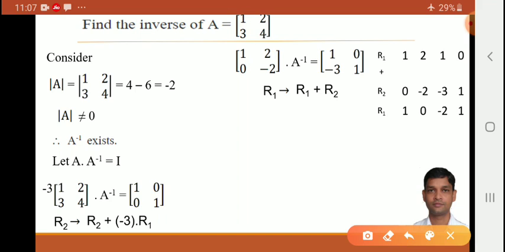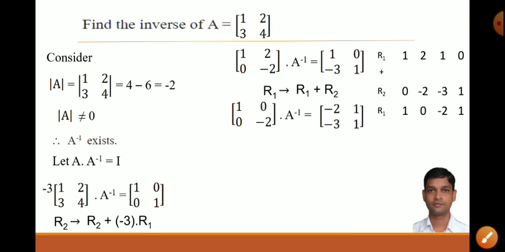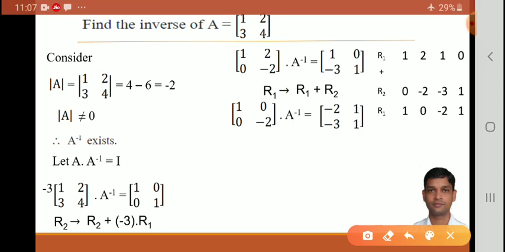Okay, now R1 will get changed here. R1 will get changed to 1 0 -2 1. So R1 becomes 1 0 -2 1. See, all R1 elements are replaced. Now see, here we have adjusted 1 0 0. Just here you have to adjust 1.